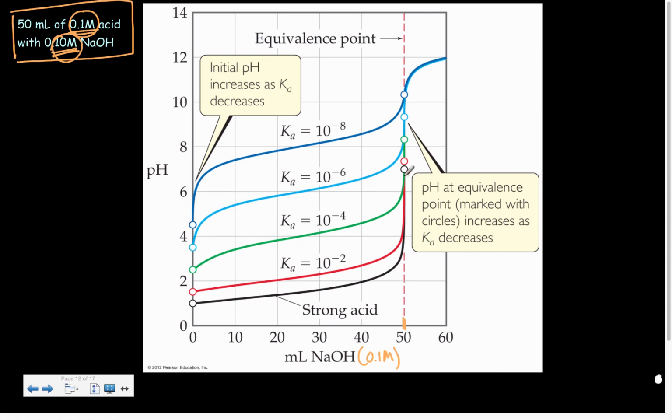The only difference is the pH at that equivalence point. And we'll see that the weaker my acid, the higher the pH at my equivalence point. And we know that these are weaker because this pH keeps going up, which means that my initial acid is weaker and weaker. And if we think about what that means, the weaker my acid is, let's write this out. My weaker acids will have what kind of a K value? We'll have smaller Ka values, which means,